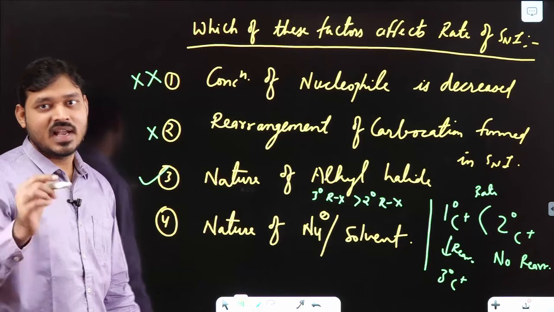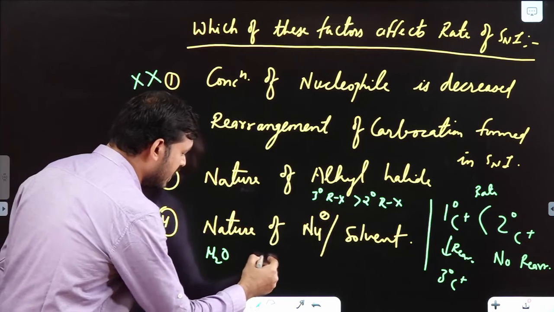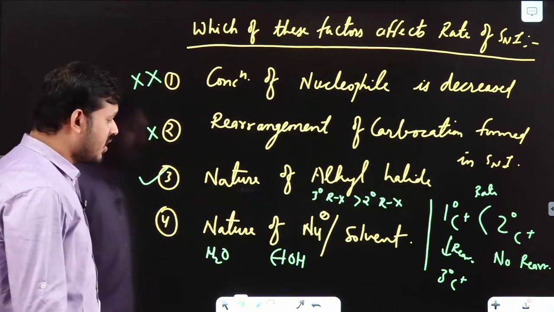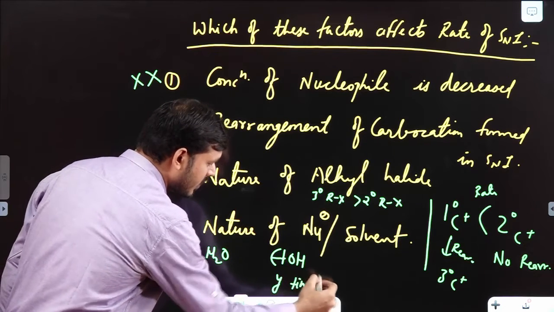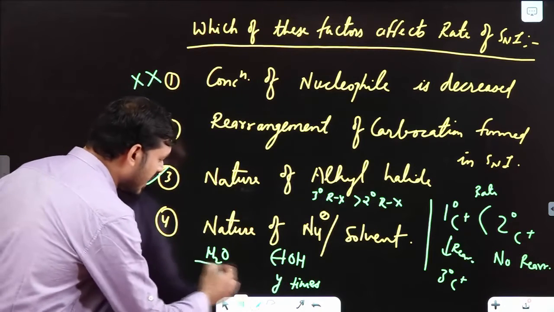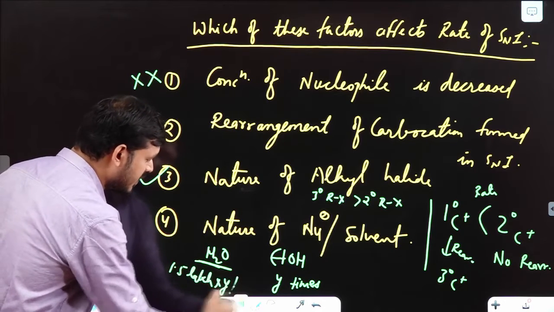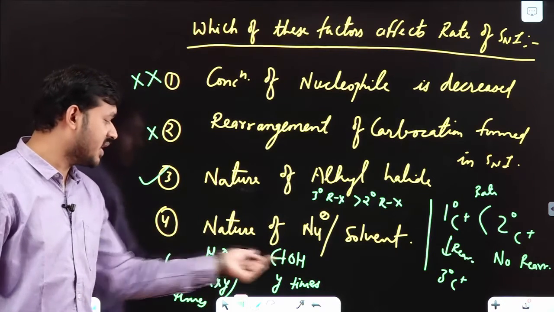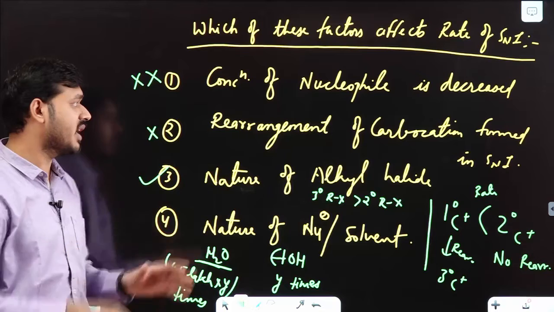Nature of solvent. Yes, I am just giving you one data-based part. Suppose you have solvent water and suppose you have solvent ethanol. Generally it has been observed, if the rate here is y, then the rate due to water will be 1.5 into 10^5 times y, 1.5 lakh times. Just due to the change in solvent, which is also the nucleophile here, the rate has increased to 1.5 lakh times. So you can understand the difference.